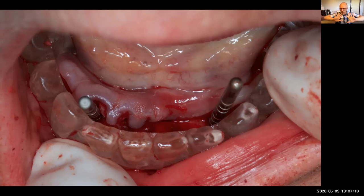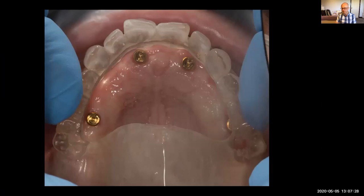In other words, if we have implants that are badly angled, it can really create a lot of problems aesthetically as well as functionally. It's very, very important. So when the implants are being placed, me and Rowan watch the surgeon like a hawk, and we make sure that the implants